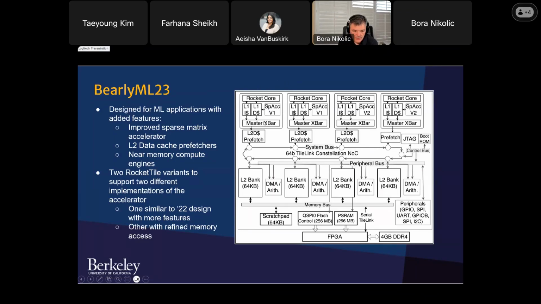These are sparse matrix accelerators. We had one variant in 2 cores and another variant in 2 other cores. Also, it had dense matrix computation next to the L2 cache banks, where there was a simple arithmetic for dense matrix multiplications implemented right next to the L2 cache banks, that was accessible by a DMA, and was able to perform this